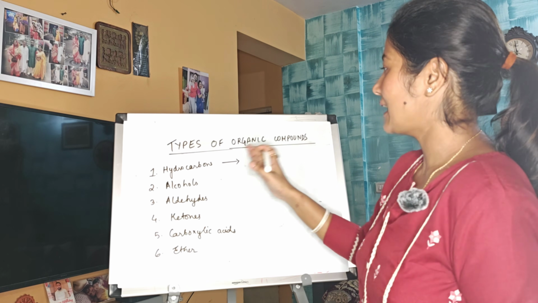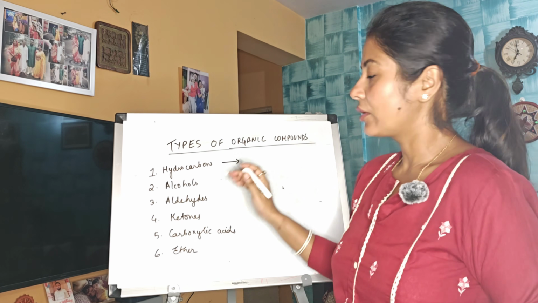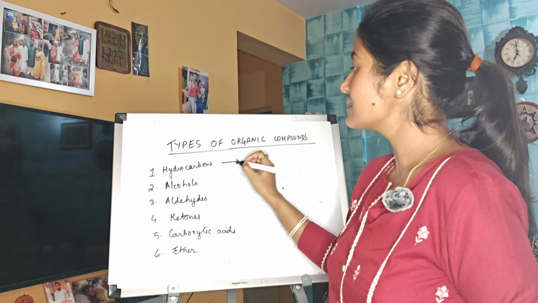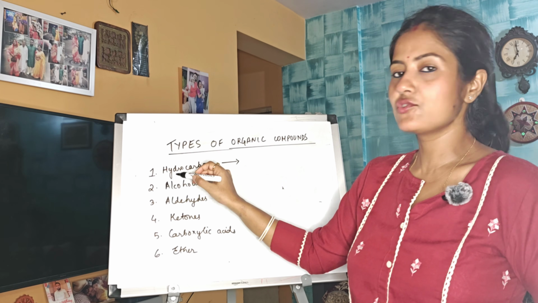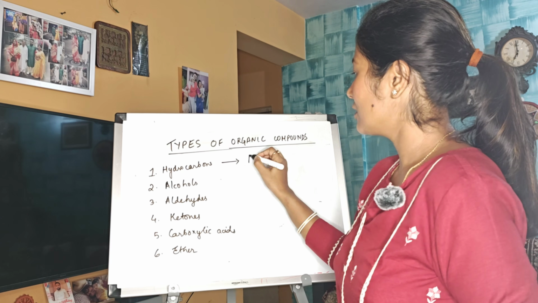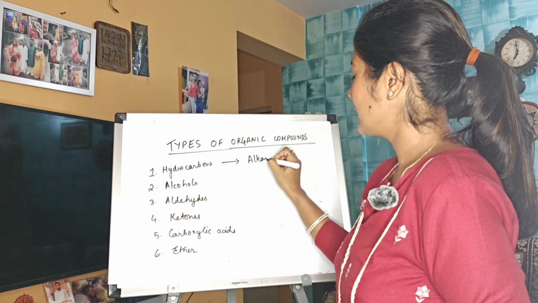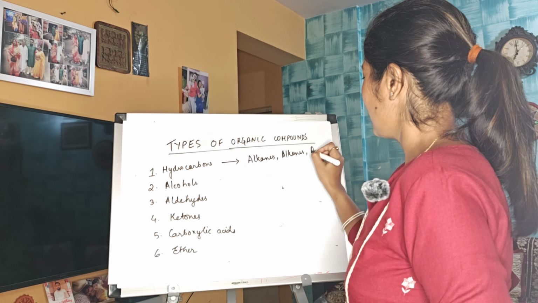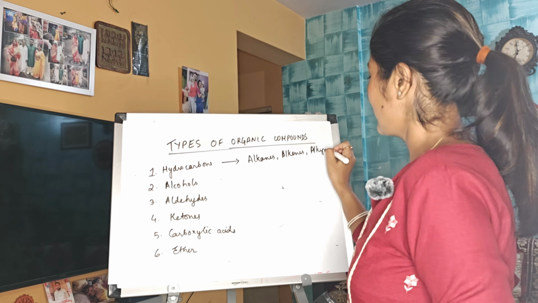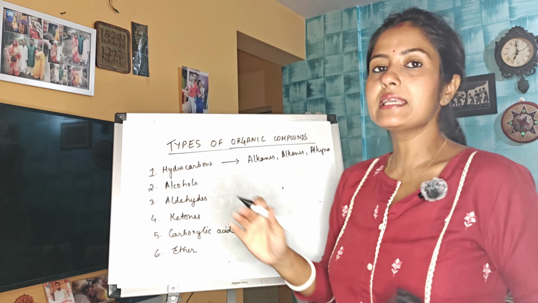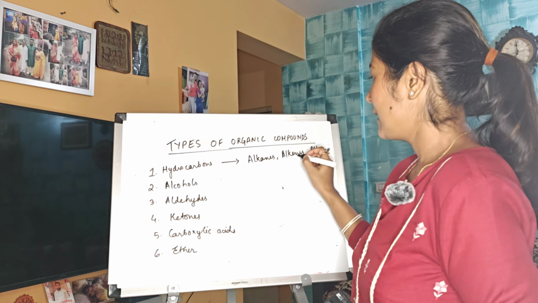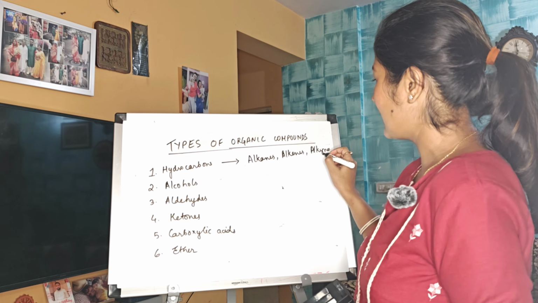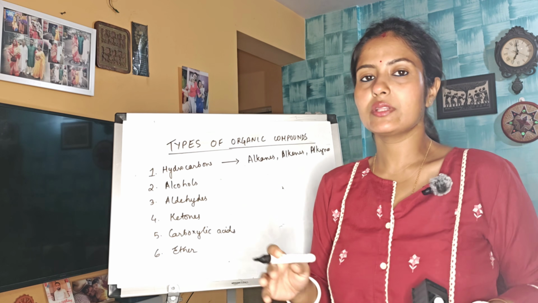Now let us discuss the types of organic compounds. So organic compounds may be of the following types. Hydrocarbons. Hydrocarbons means the compounds will contain hydrogen and carbon. So hydrocarbons are, for example, alkanes, alkenes, alkynes. So alkanes will contain a single bond between the carbon atoms. Alkenes will contain a double bond between the carbon atoms, and alkynes will contain a triple bond between the carbon